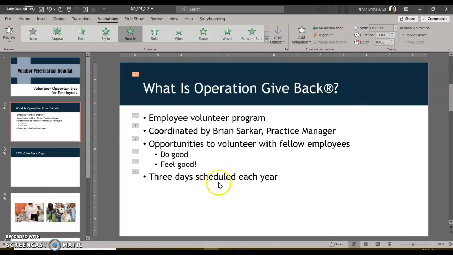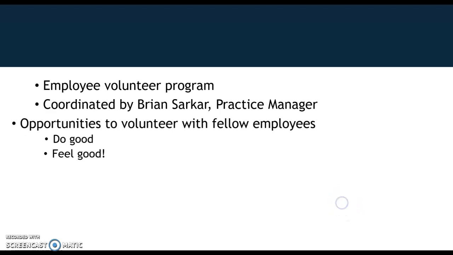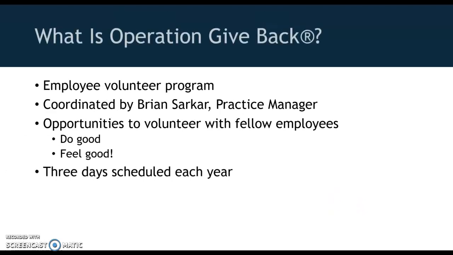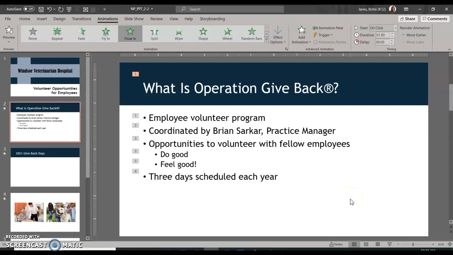So now you can see the order in which everything is animated, right? This is going to come in first. The second bullet is going to come in next, then the third bullet, and so on and so forth until we get to the title, which is the fifth thing that's going to be animated. These little numbers that you see next to these objects, if you are in slideshow view, so full screen view, whatever you want to call it, you will see that those numbers don't show. Okay, so those are just there in backstage view here